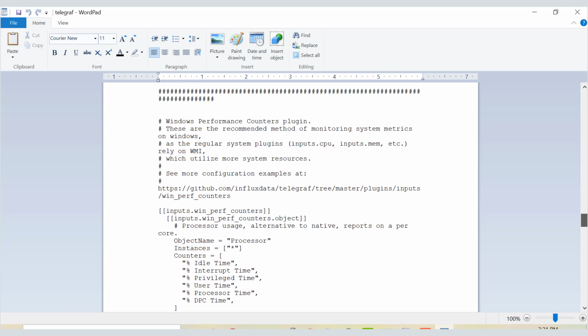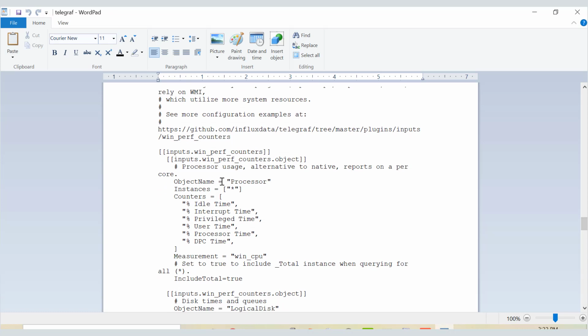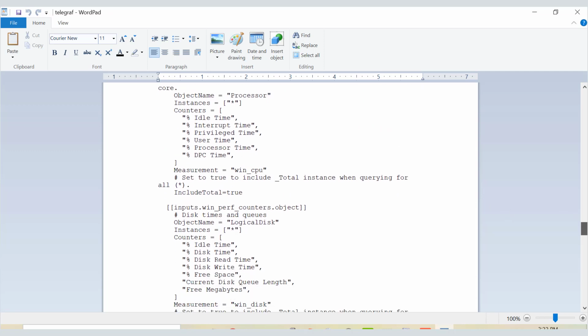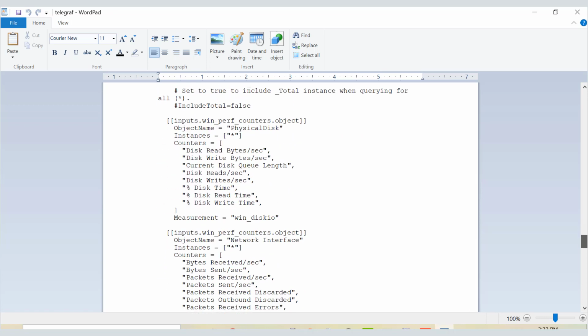Here in input plugins, there is a plugin related to the Windows Performance Counter plugin, and as we have already seen, there are objects and the counters associated with them. By default, these objects and counters are associated, and these are not all the objects. These are certain filtered objects and their counters. So in case you want to have more, you can associate more. Right now these are sufficient for any server monitoring in general,